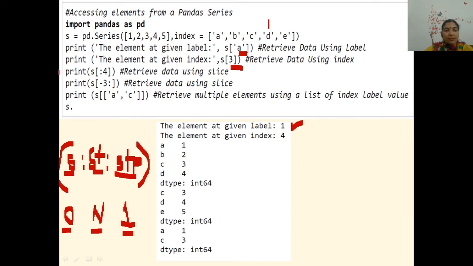Now see this one. Print S4. The start value has not been given, so 0 is assumed by default. Start from 0 to 4.